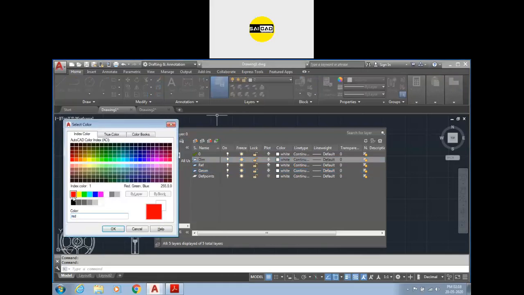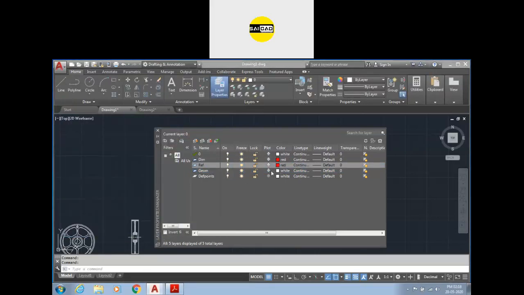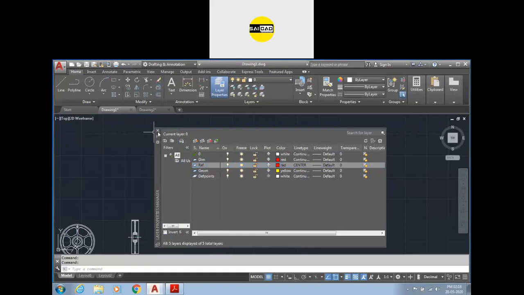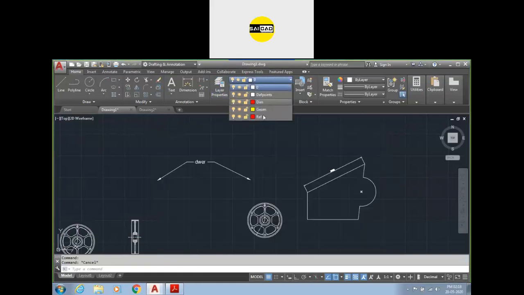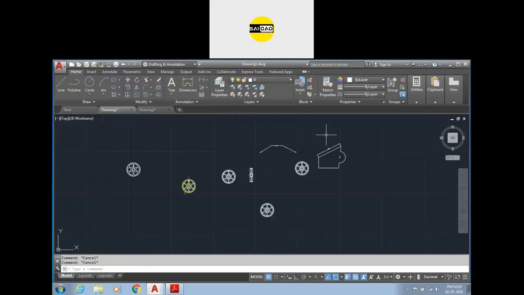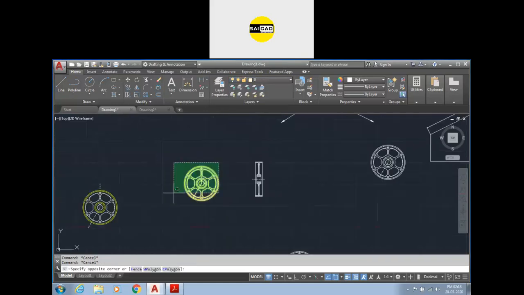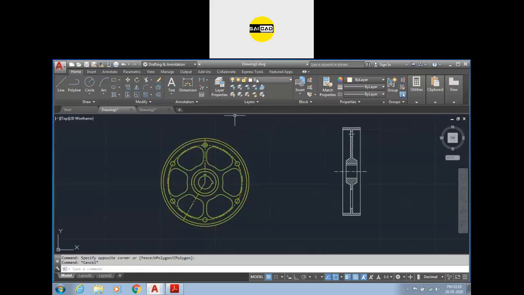I can change the properties like that. The reference I need is this one, and for the geometry I need this one. For the reference I need the line type to be center. Okay, so these are the layers. We have the layers here. So just select the object, go to the layer, select the layer where you want this object to be, and you can create it like that. Or you can see that the whole of the object is converted into that layer.